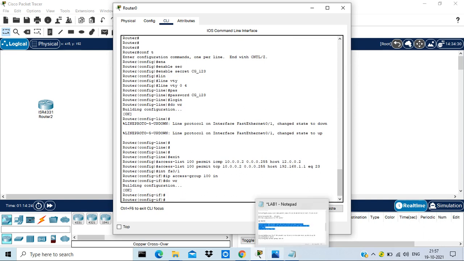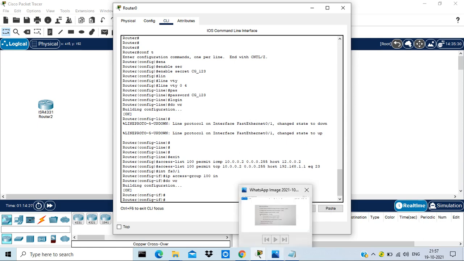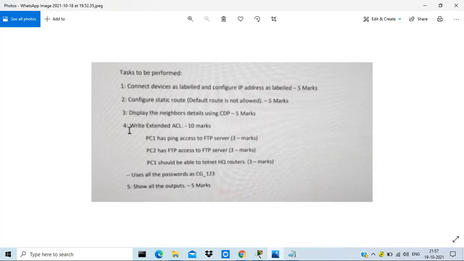Another one is required because there was a requirement that PC2 should have FTP access to the FTP server, but only PC2, not everyone. A few minutes back I showed you that we can do FTP from both PCs, PC1 and PC2.